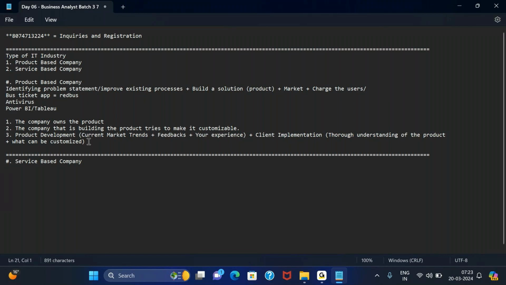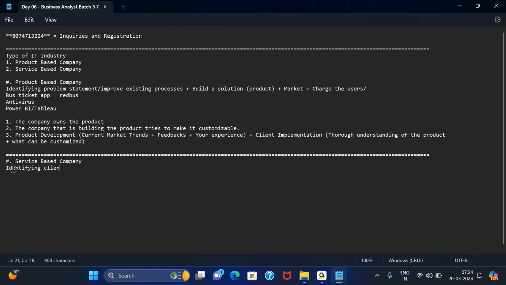Maybe they think that IT could prove to be an overhead. So rather than worrying about hiring IT people, paying them salaries, getting the work done, managing benefits for them, giving them insurance and all that stuff, I will just give them some money and let them do the work for me. So what service based companies do is, for them the problem statement is